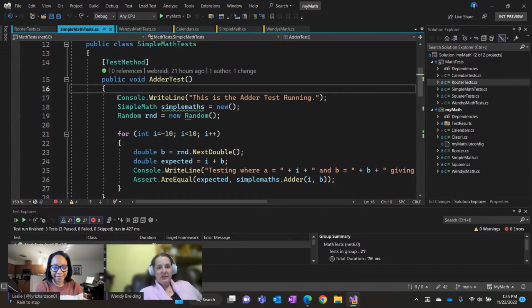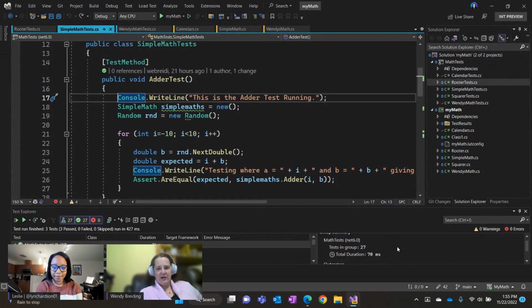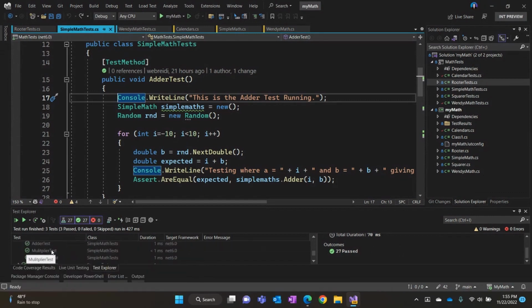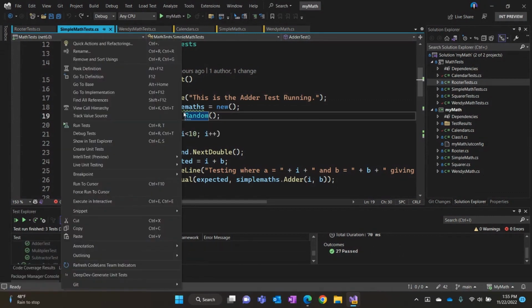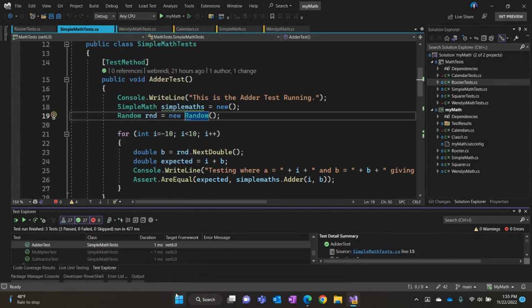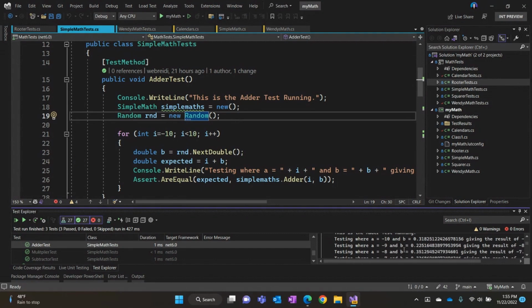The next really cool thing that we've added is the ability to show your Console.WriteLine right in your Test Explorer summary. So if I come back down here, let me just use the cool show in Test Explorer so I can jump right to it. We see all the standard output is displayed in your test summary, which makes it really easy to understand, especially since you can see here I'm using random, so I don't know what numbers it's throwing at me.